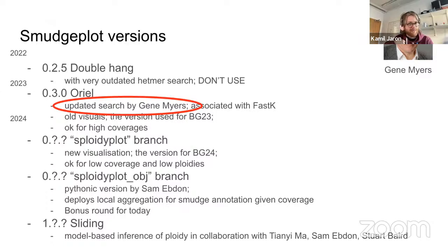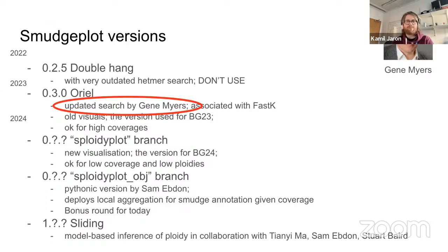But what it means is that we unfortunately had to completely marry to FastK. I guess I liked, philosophically, to be open to any k-mer counter that is out there and just simply operate on any k-mer dump, which is not the case anymore. So the user base of Smudgeplot is now expected to switch to FastK, which I think is what Gene is very satisfied about. But I would really encourage you to do so. It's so much better. And that's it. So Oriole is basically the double hang inference engine built on Gene's way how to infer k-mer pairs,